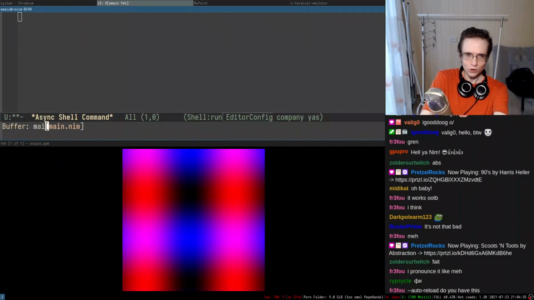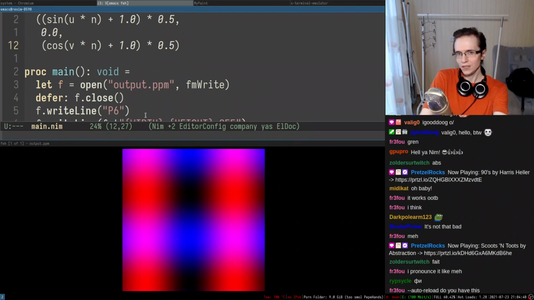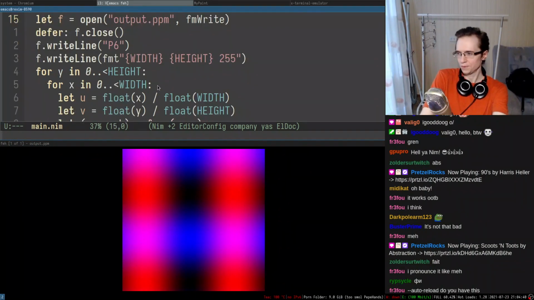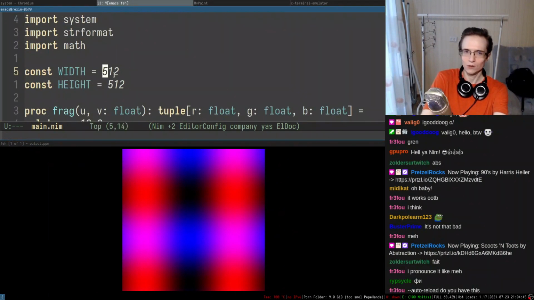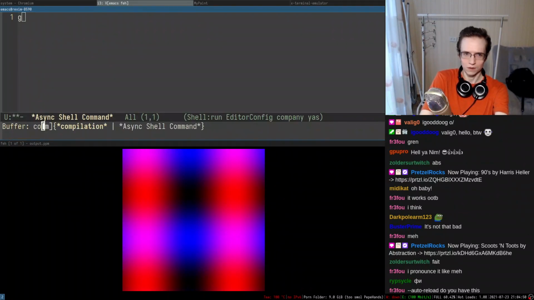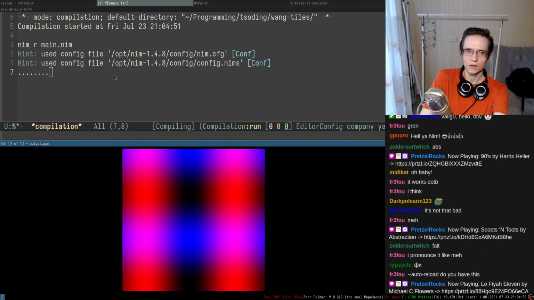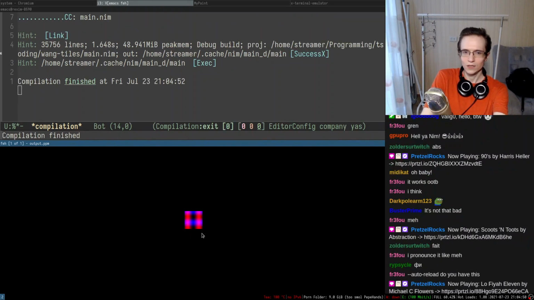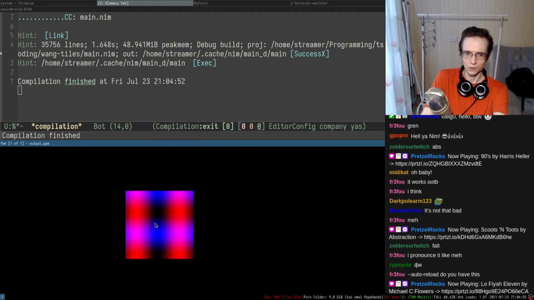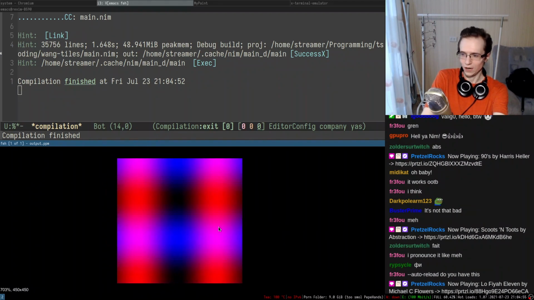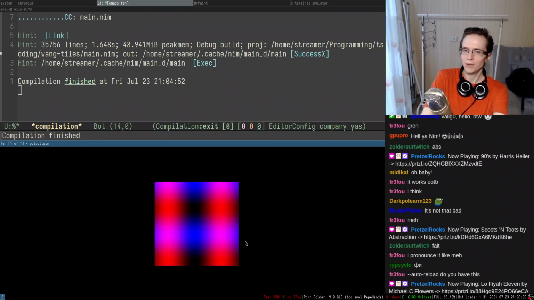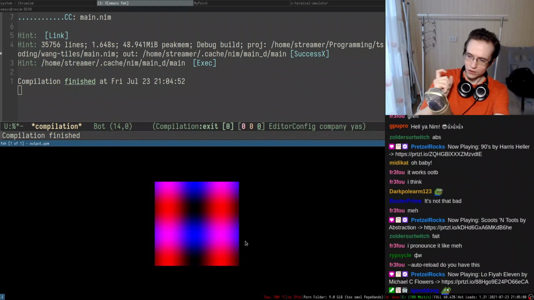What's cool is that this thing is resolution independent. It can scale up and down as much as you want. If I want to make it smaller, I can make it smaller. Compilation, there we go, and now it is in fact smaller. It's 64 by 64 now, because we are not calculating pixels by their absolute values. We're calculating the colors of the pixels by interpolated values from 0 to 1, so we don't care.